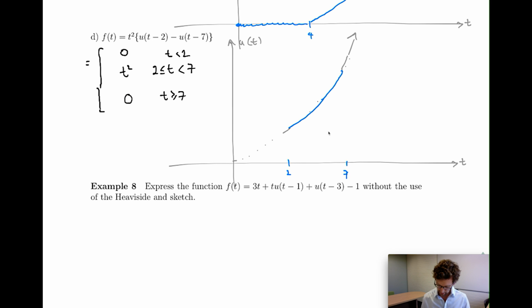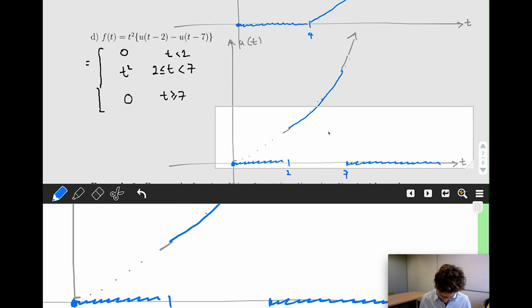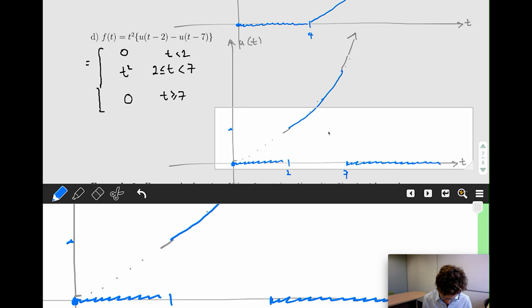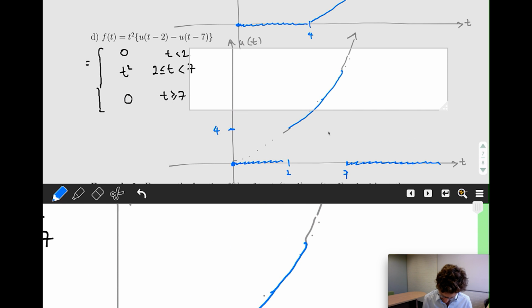And then outside of those values, it's going to be equals to 0. And just to indicate where these values are, this is t to the power of 2, which is 4. And this will be 7 to the power of 2, which is 49. So we can see that this is a sort of a switch on, switch off, but let's take a look